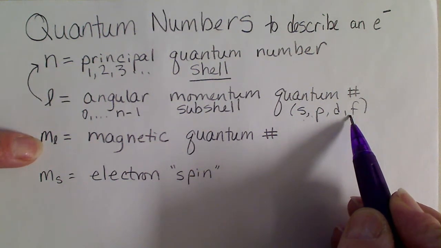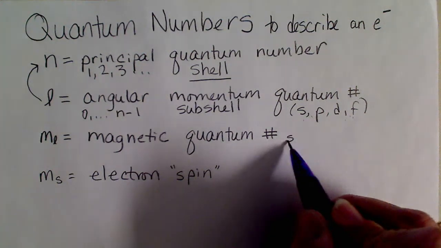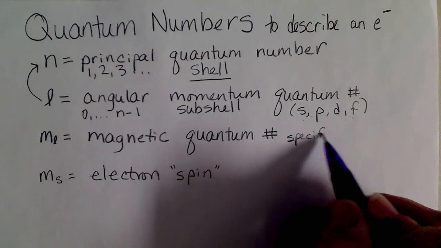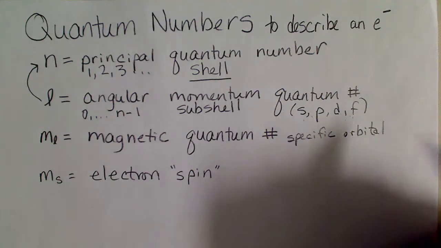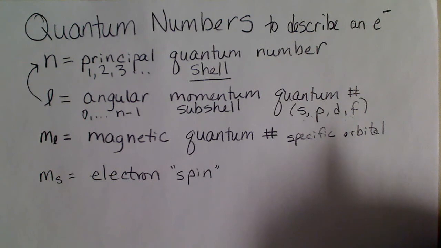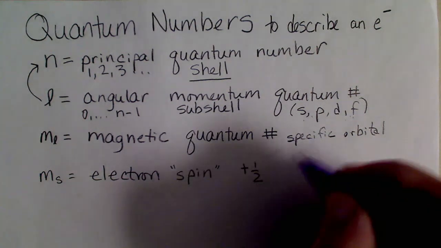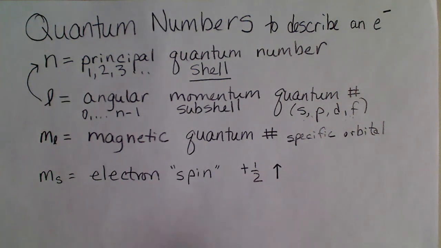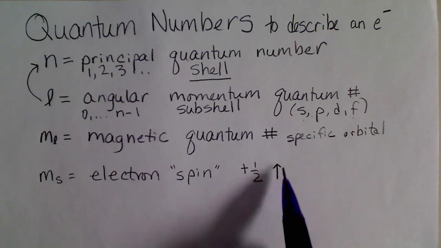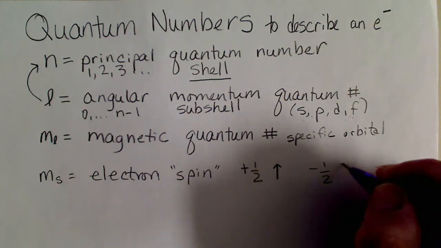The magnetic quantum number actually describes a specific orbital, and so we have just drawn lines or boxes for those. And then the electron spin, plus 1/2, we could just arbitrarily assign that to when we have an electron with the arrow facing upward, or minus 1/2 for the arrow